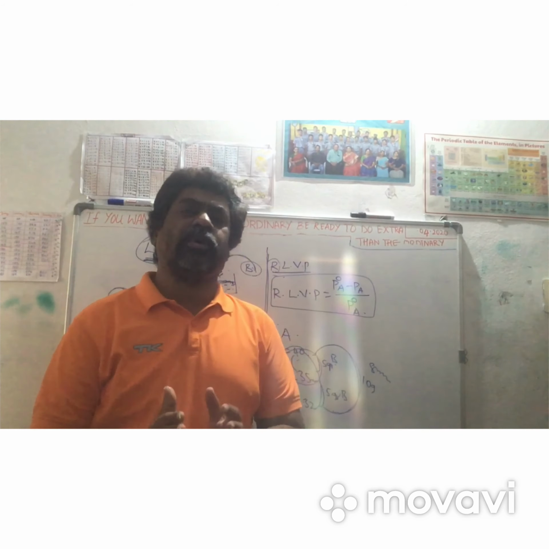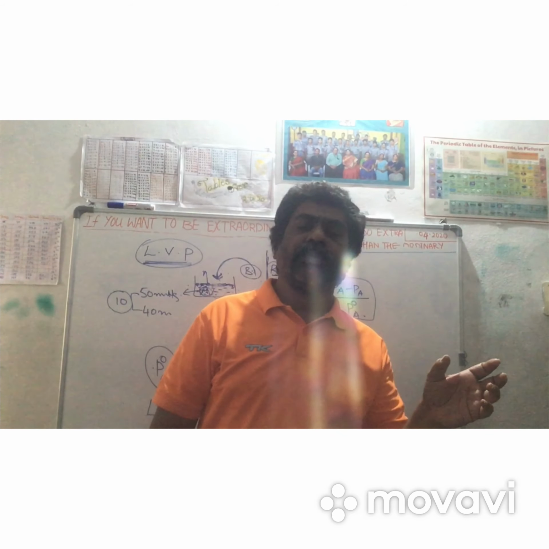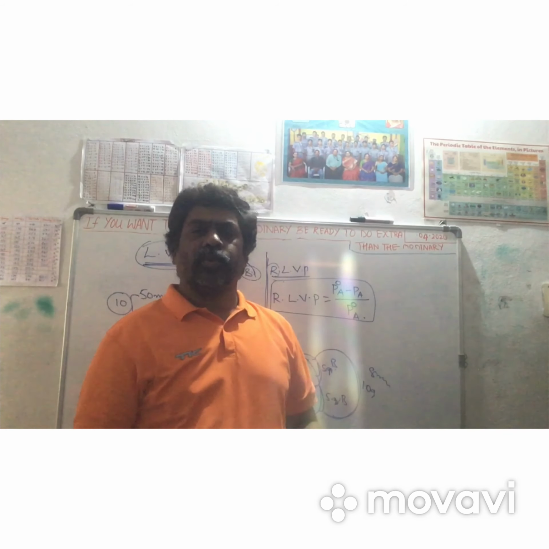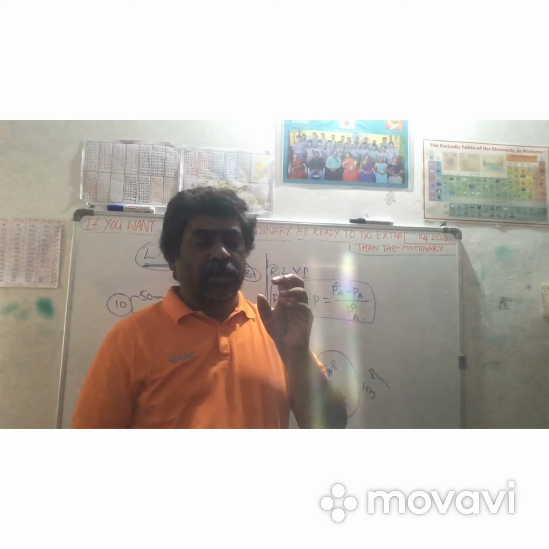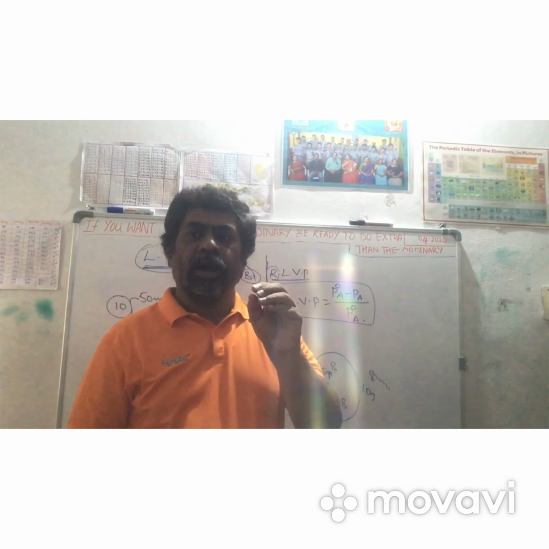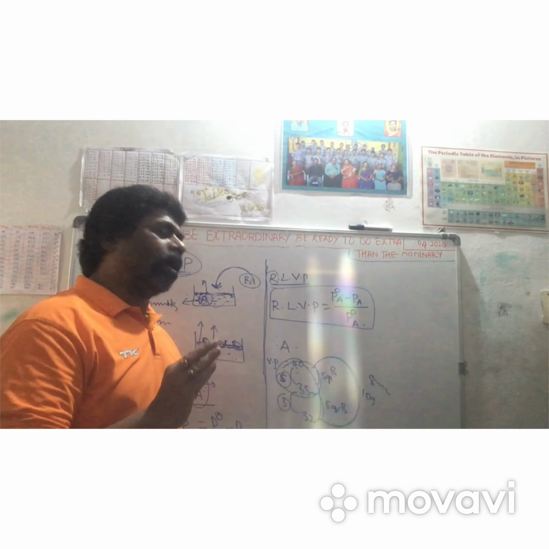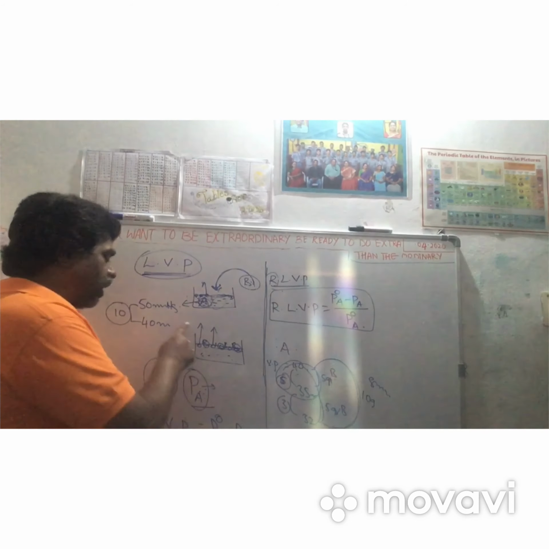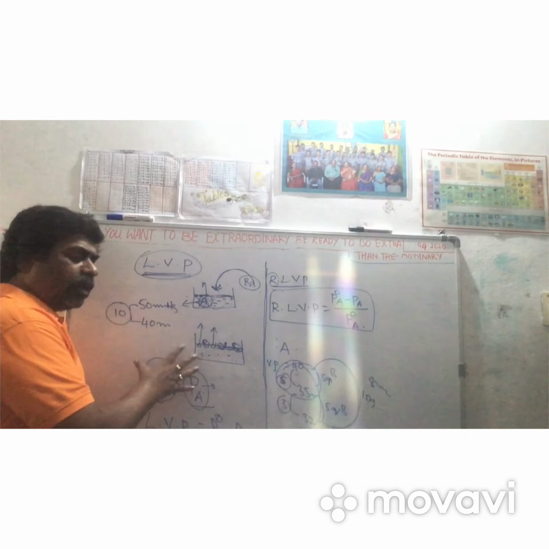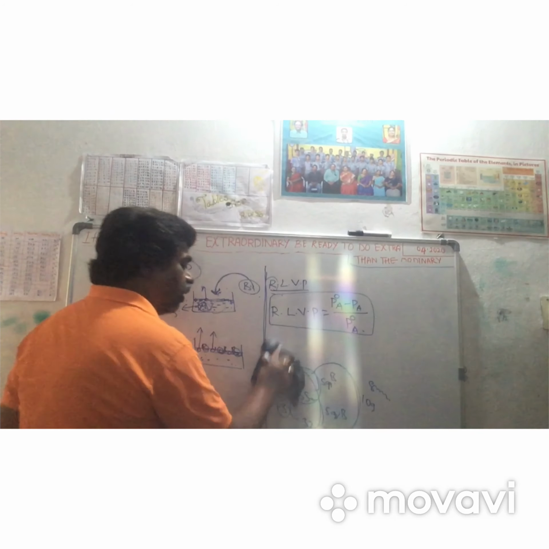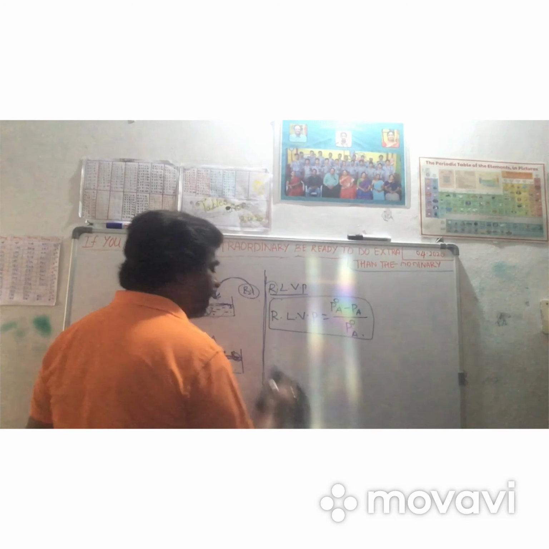So Raoult's law says the relation between lowering of vapor pressure and mole fraction of solute: the lowering of vapor pressure of a solution is directly proportional to the mole fraction of the non-volatile solute which is added to the pure solvent. Again, the statement given by Raoult's law: the lowering of vapor pressure is directly proportional to the amount of solute, meaning the mole fraction of solute added to the pure solvent.